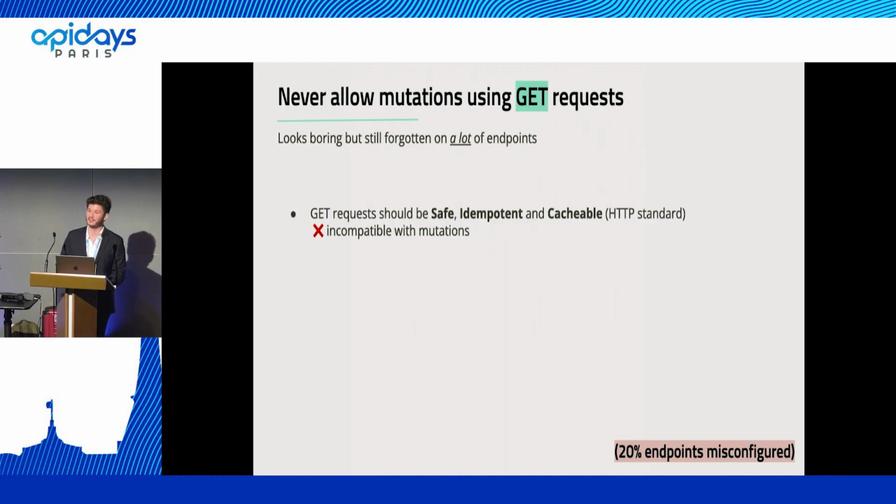And the second thing, which is specific to GraphQL, is never allow mutations using GET requests. Because GET requests should be, per the HTTP standard, safe, idempotent, and cacheable, whereas mutations in GraphQL are more akin to POST or PUT requests. With cookie authentication, it enables a user, just by clicking on a link, to create a change in the database and make the equivalent of a POST request, which is a very bad practice, and which creates a GET-based CSRF. So never allow mutations using GET requests.